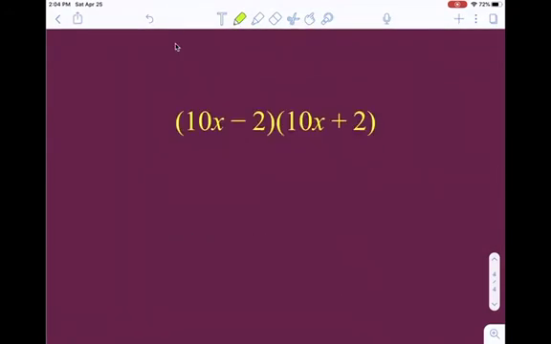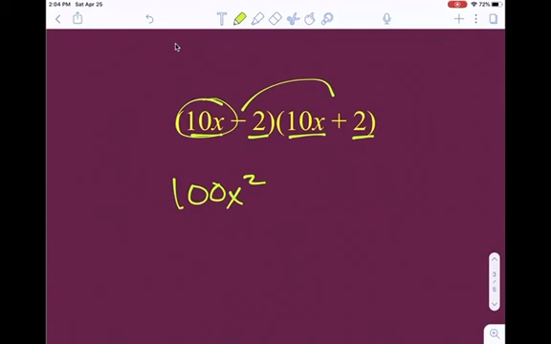All right, last example for this video. Same deal. This is the same as this, and this is the same as this, and they have opposite signs, which is what we want. You've got the product, in this case, of a difference and a sum. All right, so do the same deal. Take that first one and square it: 100x squared. Take that last term, square it, 4, and then you're going to always carry that negative sign over. All right,